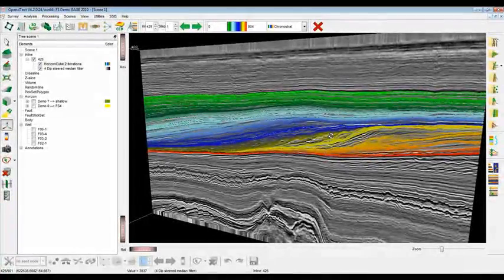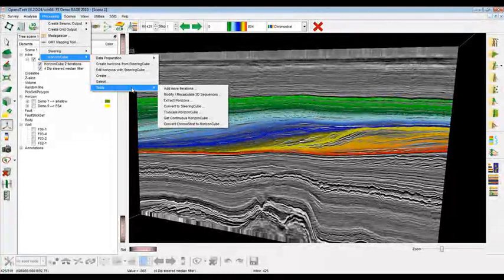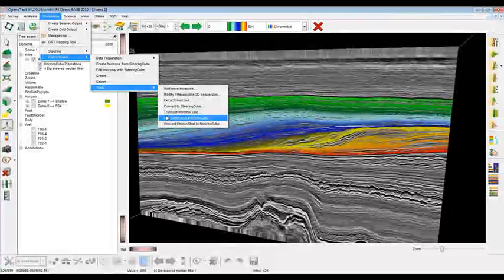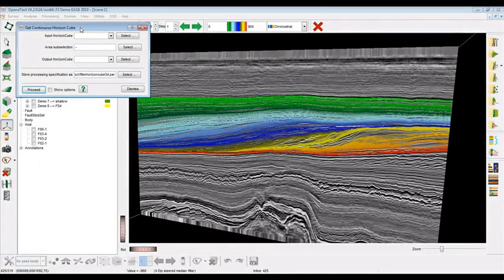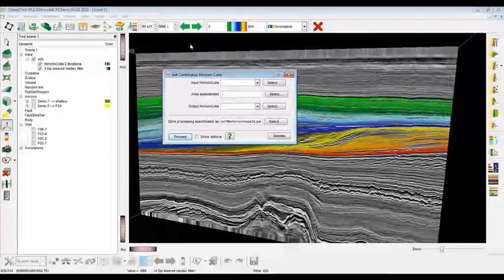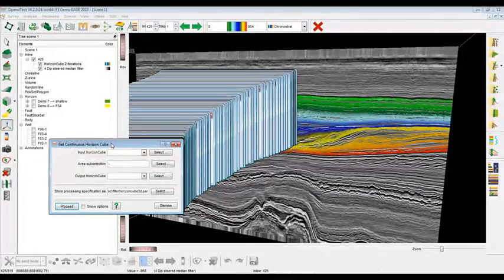As Renee told us briefly at the starting point, when creating a HorizonCube, there are two kinds: we have truncated HorizonCubes and we have continuous HorizonCubes. For the workflow I'm about to show you, it is of utmost importance to have a continuous HorizonCube. If that is not the case, there is a tool here that allows you to create a continuous HorizonCube from a truncated HorizonCube. It's a very quick translation workflow that will simply propagate all these individual patches throughout the